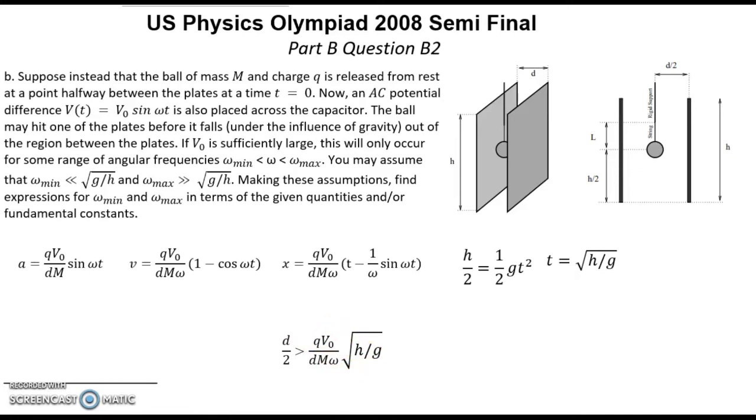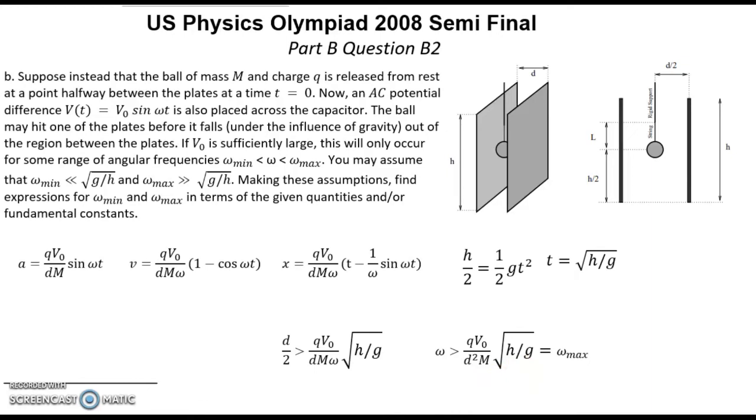We have d over 2 greater than this expression on the right side, and from this inequality we can find what is our omega, which must be greater than something. In that case we have omega, if omega greater than this expression, which we can call omega maximum, this ball will never hit the plate, but if it's less, that will hit this plate. Let's count